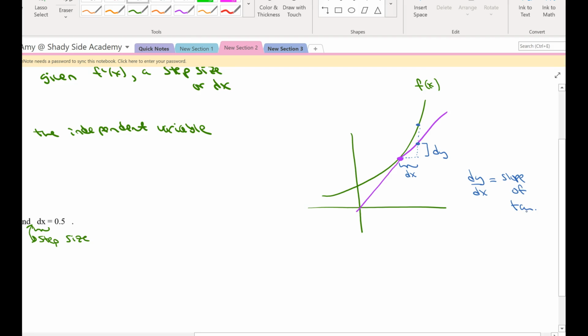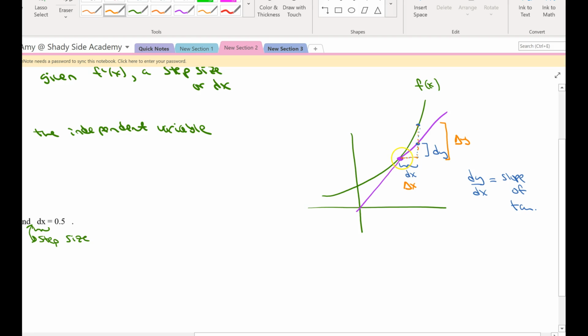Okay? But there's another change in x and change in y, and that looks like this. So change in x, and look at this change in y. The run of the function, if you will, we call it delta x. The rise of the function we call delta y. And you'll probably look at this picture and say, oh, but dx and delta x are always the same, because